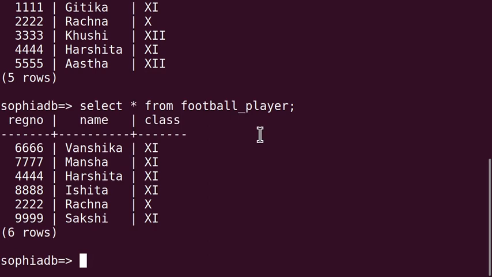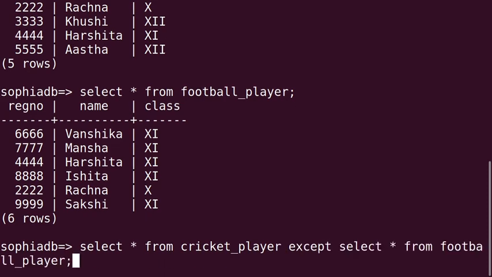Now if I show you the union operation within these two tables, first suppose I will write select star from cricket player, then suppose I write union, then select star from football player.